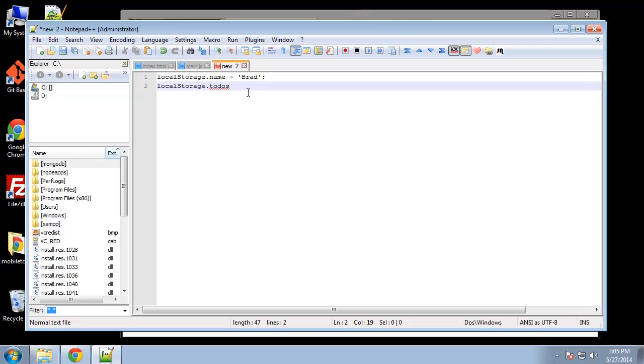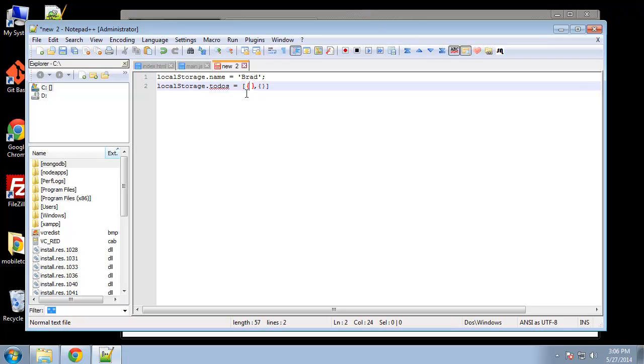The issue with this is that when you're using local storage, you can't natively store an array inside of a local storage variable. It has to be a string, such as Brad. So to do this we need to use a couple different functions. But first let me just show you what the value will look like. Basically it's going to be set to an array, and inside the array we'll have JSON objects,